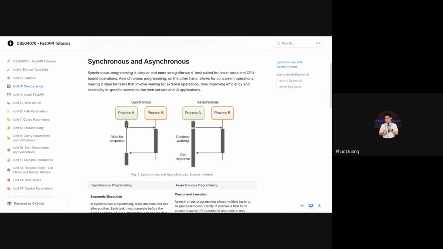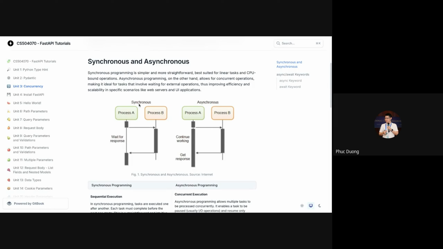So when process A is processing, it needs to call something from process B. In the synchronous approach, process A needs to wait for a response from process B before it continues processing its flow. Okay. In asynchronous, on the other hand, process A calls process B, and while it is waiting for process B to process, it can continue working, and when process B responds with a value, process A keeps working without a break during the time that it's waiting for process B.